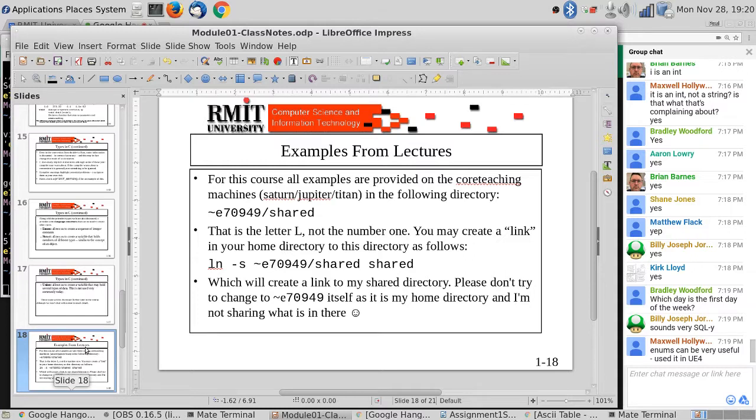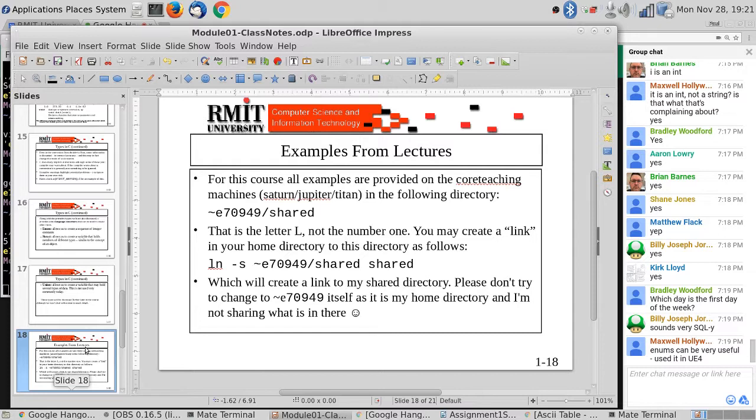Now, what might be useful for you is once you've gone through the basic Unix stuff, so that's the key thing I really want all of you to do this week, is if you're not familiar with Unix, then go through the material that we've provided to warm you up to that. You're going to need that in order to compile your assignment. You won't be able to do it